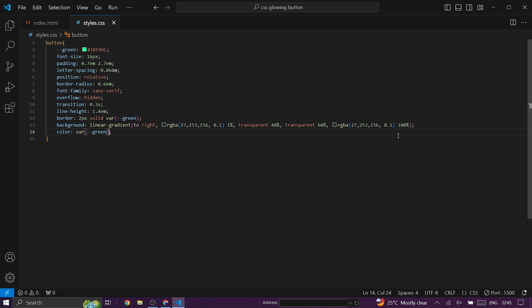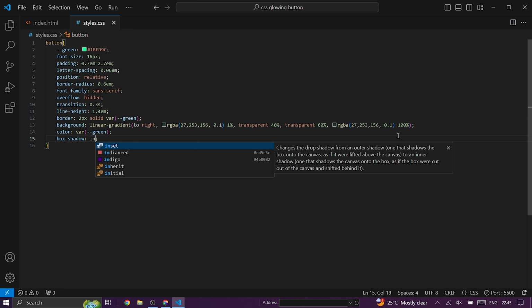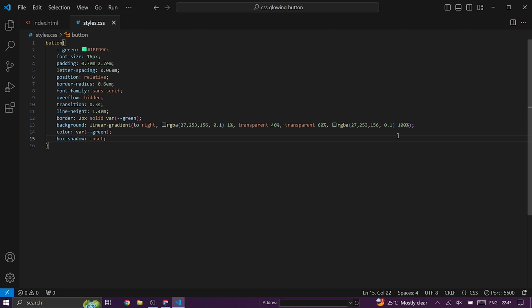The next, we're going to add a box shadow. Our box shadow is going to be inset. Let's type in inset. Then next we're going to add the shades for our box shadow. It's going to be 0 0 then 10px. Next, we're going to add the color for our box shadow. Just right here, we're going to say